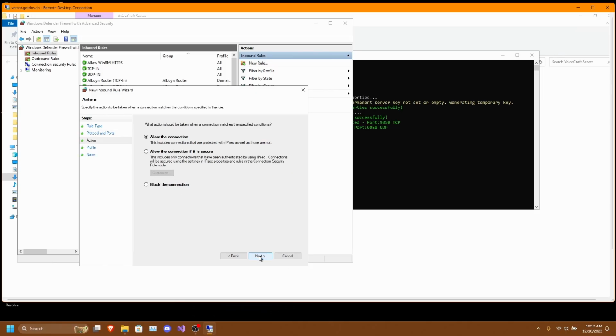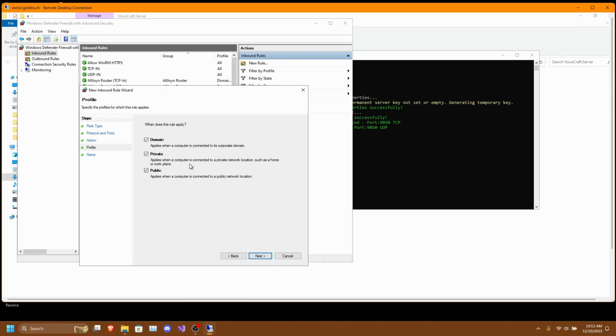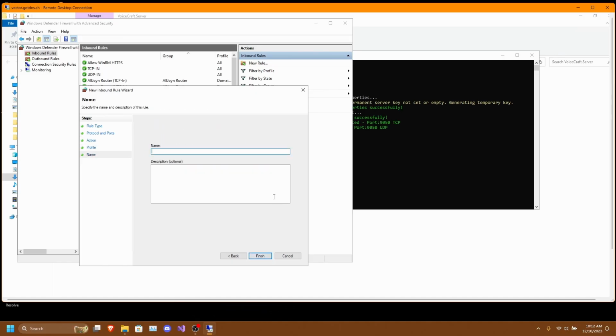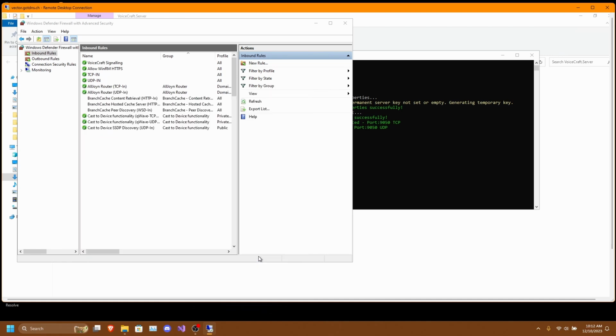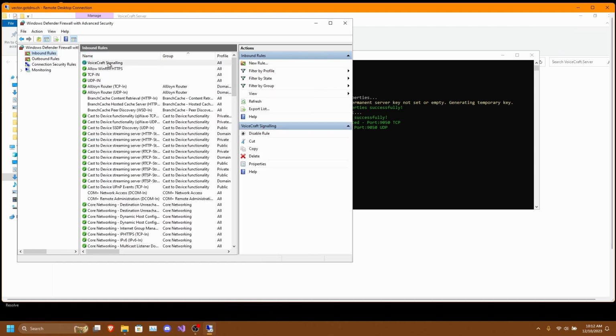And then we'll just click on Next, allow the connection, Next, keep all these the same, and then we can set the name if we want to. So, we'll just set this to Voicecraft Signaling, and then we'll finish. As you can see, it's added this new rule for us.